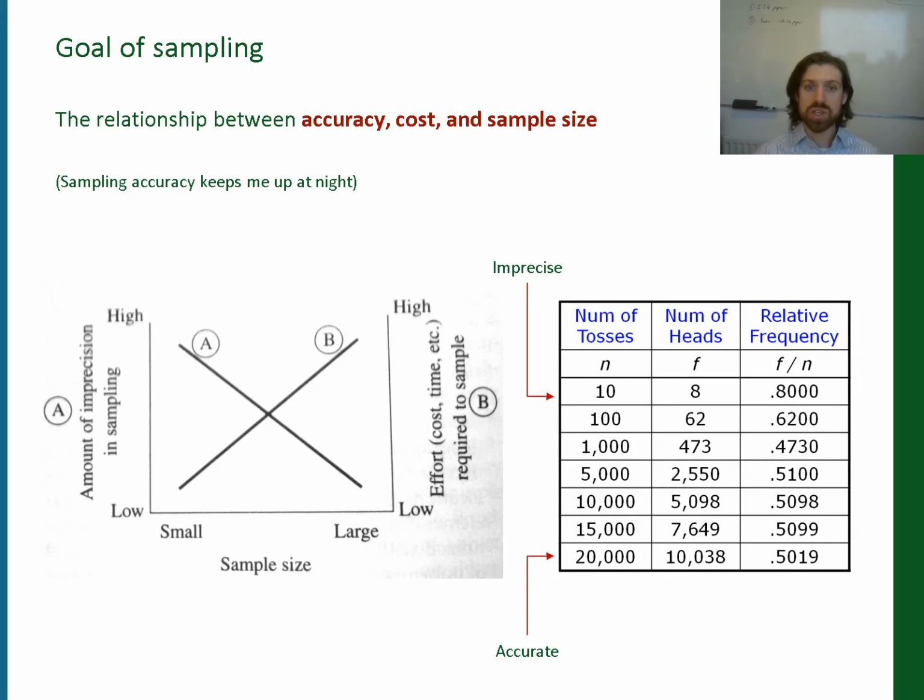So there's a relationship between accuracy, cost, and sample size, and I'm going to try to articulate this here. Essentially, sampling does concern me. I'm doing a project, which I've mentioned to you before, at the moment on sampling Wi-Fi hotspots, and this is quite well researched. It's called war driving,